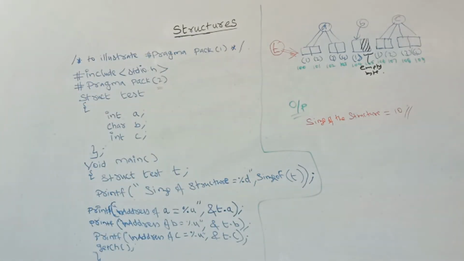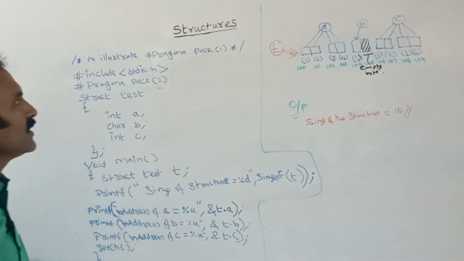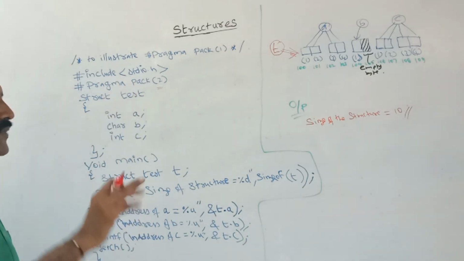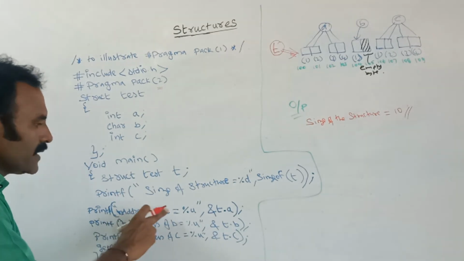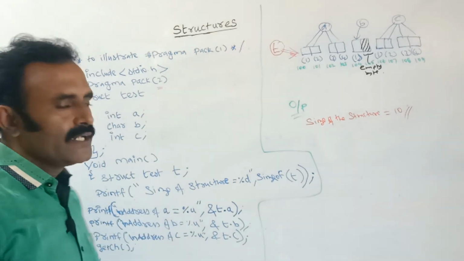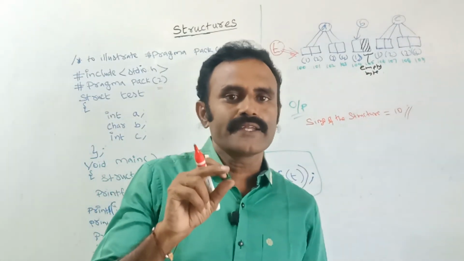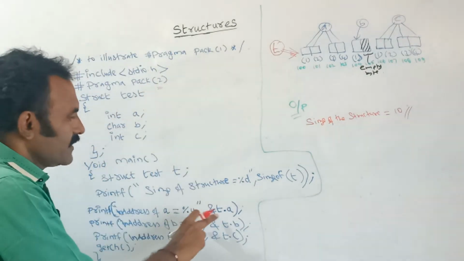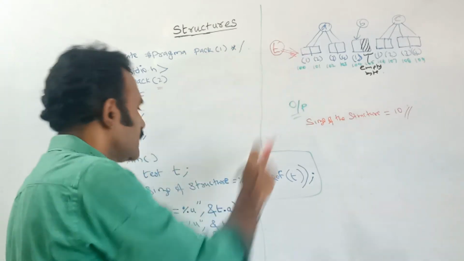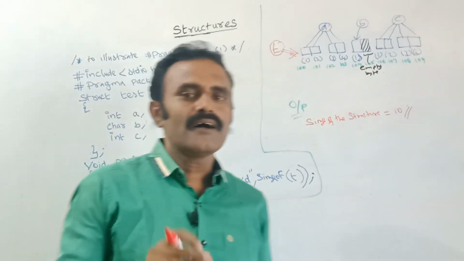For removing the empty byte we should use pack of 1. First let us see the example for this one, next we will go to pack of 1. Next here I am telling to print the address of A. See here, T dot A, at the structure variable T, the location of A's address I am telling to print. See, always